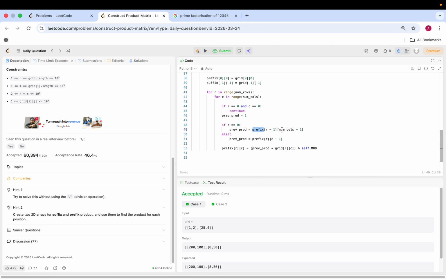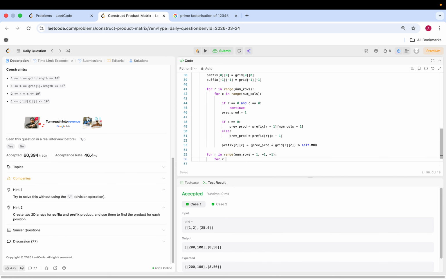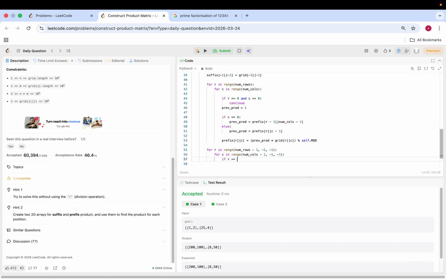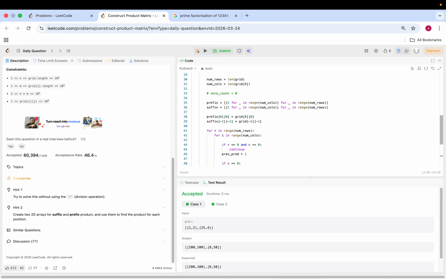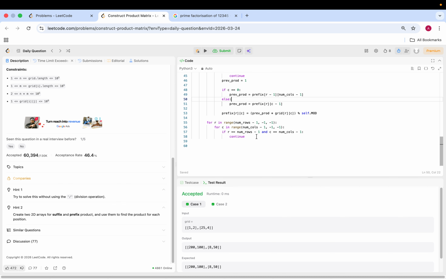Previous product is equal to this one, also previous product is equal to this one, and then get that guy. Similar idea for R in range numrows minus 1 down to -1 with the decrement, for C in range numcols minus 1 down to -1 with the decrement. If R is equal to numrows minus 1 and C is equal to numcols minus 1, then we can continue because we've already set that. Otherwise,